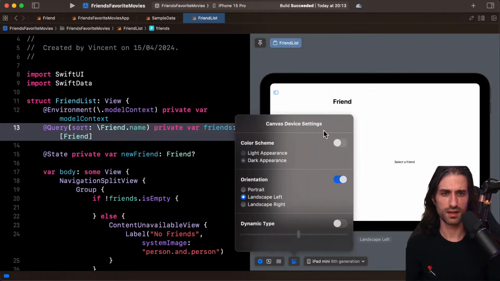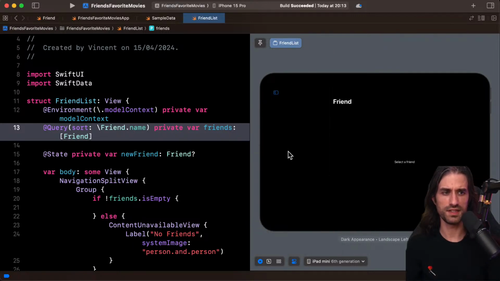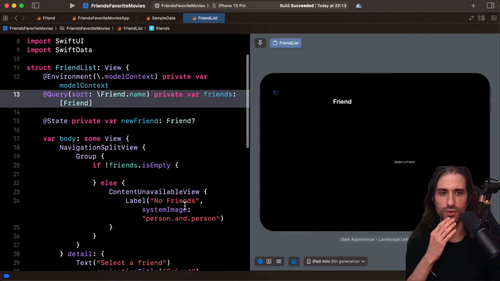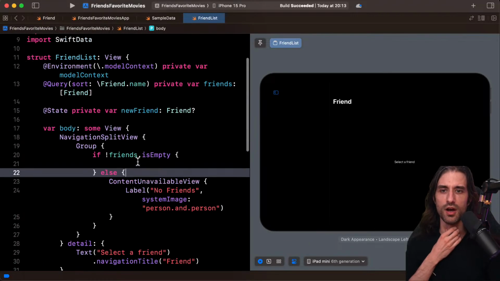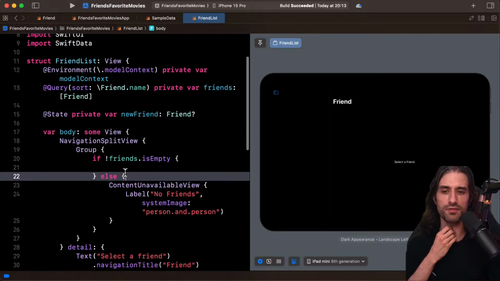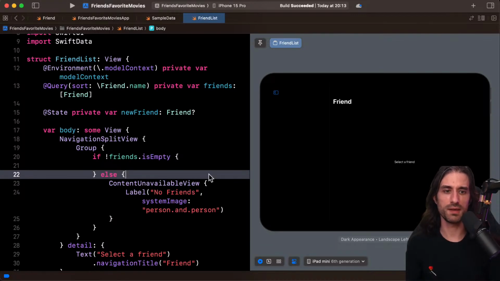No. It's indeed empty. What could be happening here? I was expecting here to have, on the left, the no friends view. Oh, I guess no, because there are friends. There are friends, but we just don't display them. That's why. But they are friends because we inserted them in the sample data. So that's why. Here we need to actually display the friends that do exist.